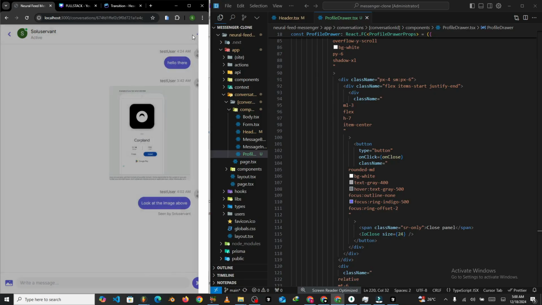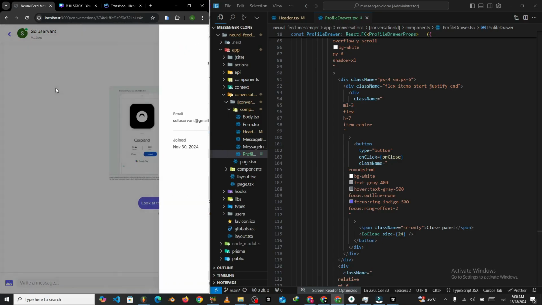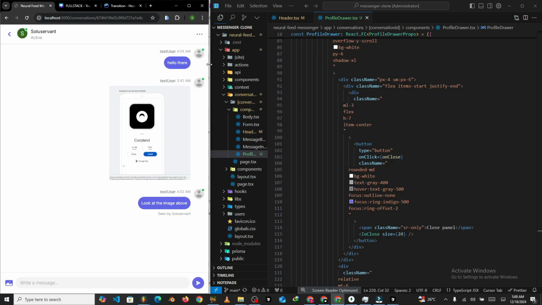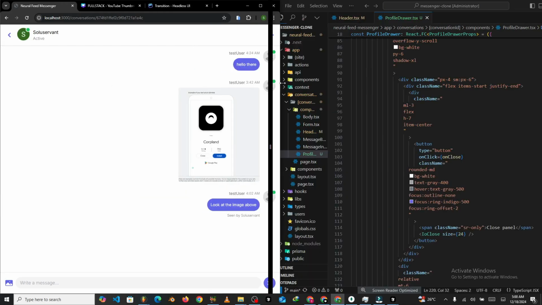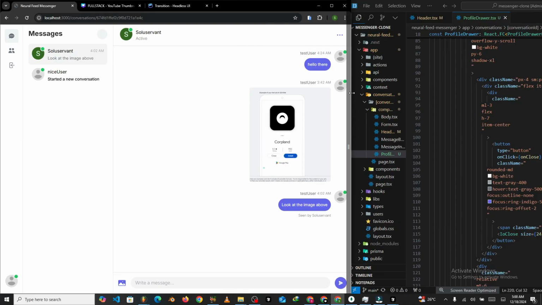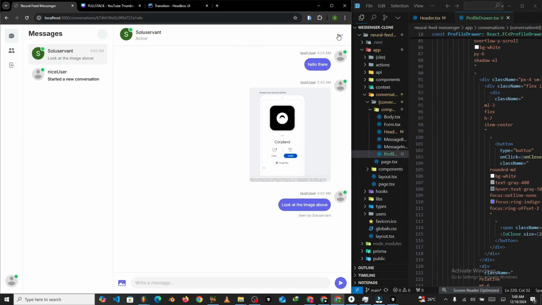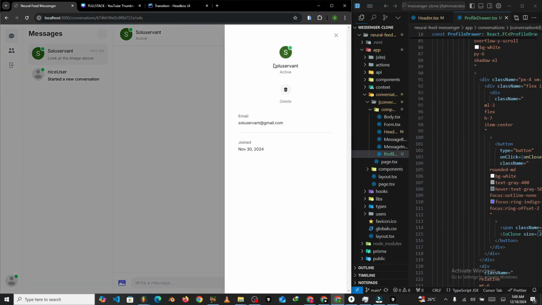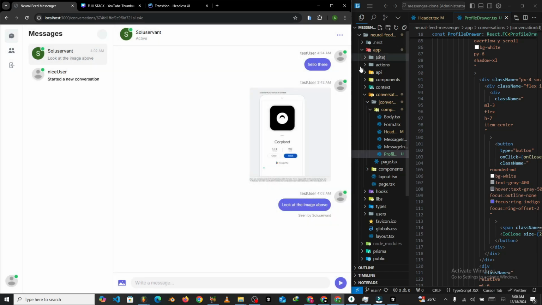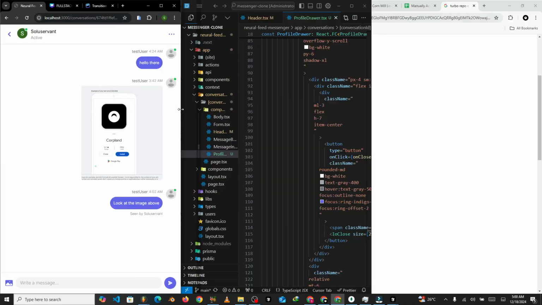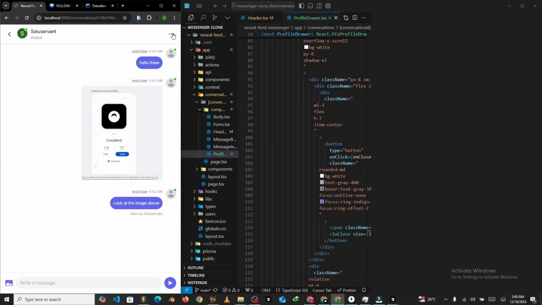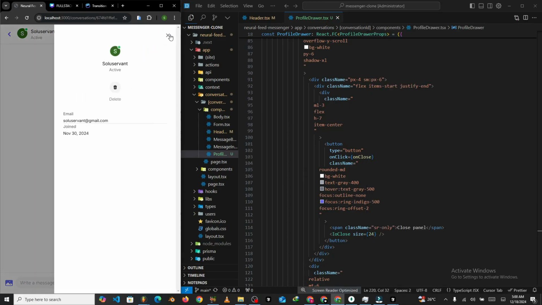We can simply close it like this. You can open it again and then we can close it by clicking outside the gray area. We can try to expand and then see the other parts of our application, and then you can see it open up smoothly like this, and then you can send it back. And that should basically be it for the profile drawer. So in the next video we'll move on to much more interesting stuff, so hopefully I'll see you in the